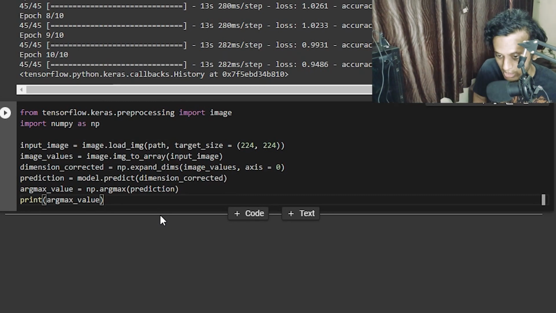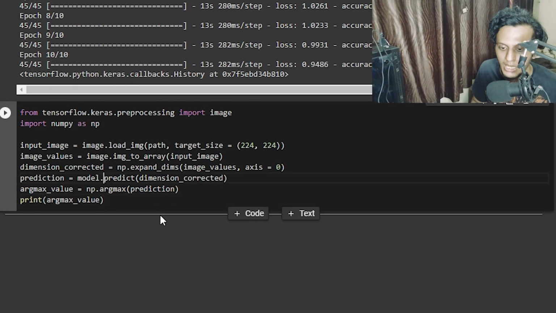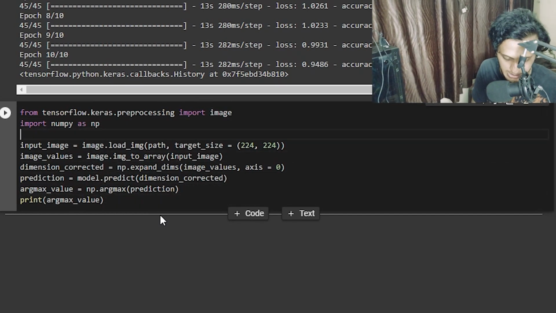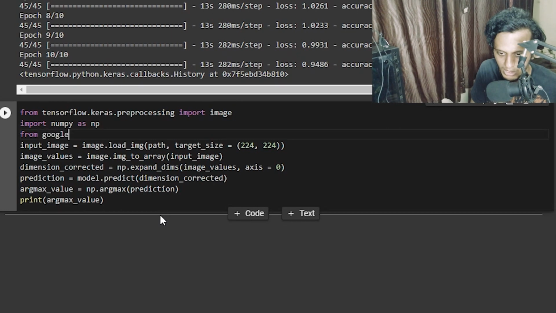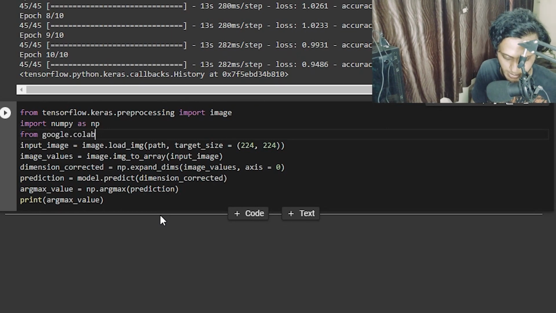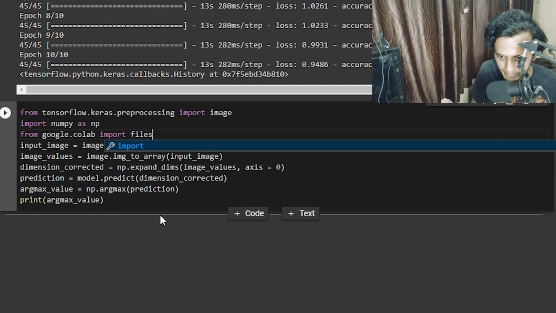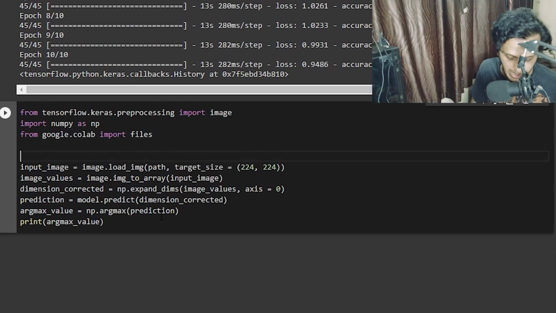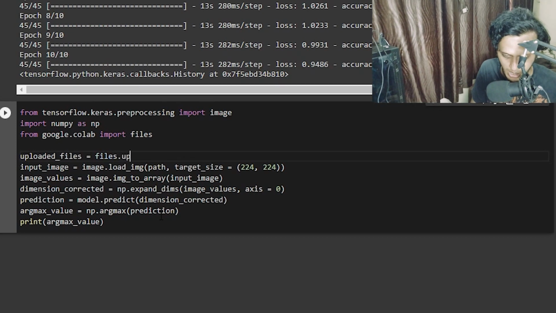This code is going to run very efficiently if you have it on your computer, where you can specify the path of the image, but we are working on Google Colab, as you can see. So I'll say from google.colab import files, and now I'll make a variable. I'll say uploaded files equals files dot upload,